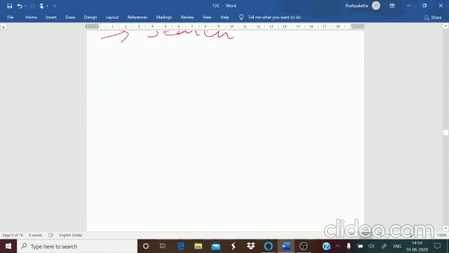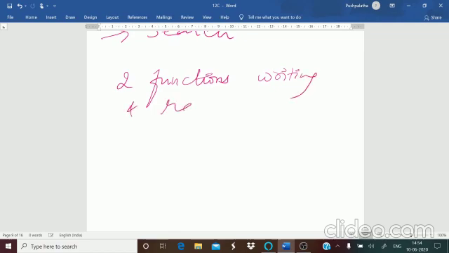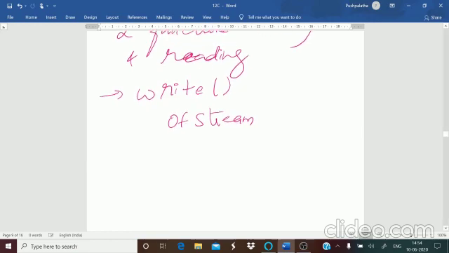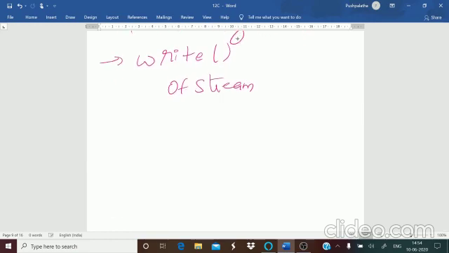So there are two functions that are used for writing and reading the data in your binary file. One is the write function. It is used with the ofstream object, and it is used to write the binary data into the file. The syntax for this is